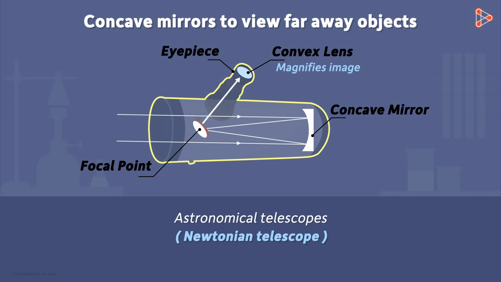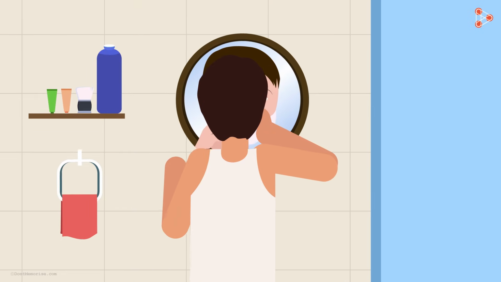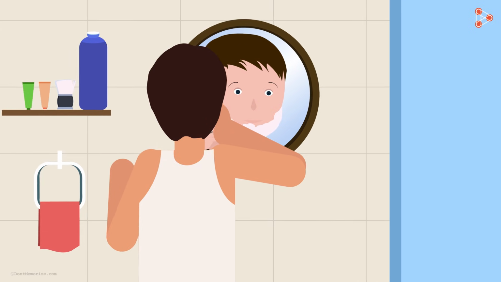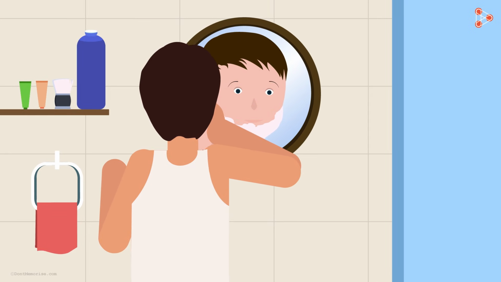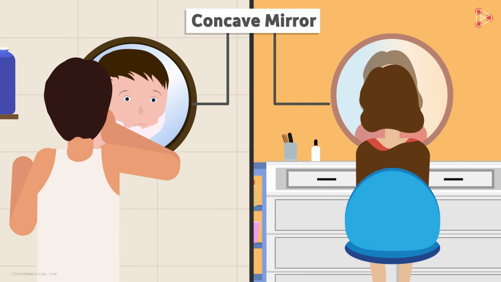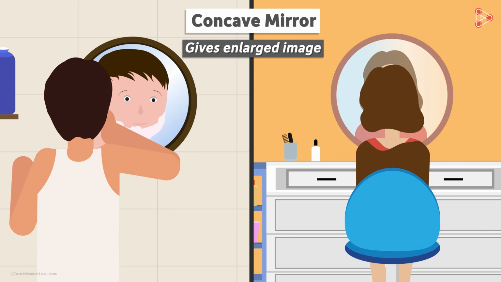Well, we haven't really studied about lenses yet. Don't worry, we will come to that very soon. First, let's continue to study the applications of curved mirrors. If you remember, in the previous videos, we talked about this mirror which can be found in bathrooms. Many men use it for shaving purposes and quite a few women use it for beautification. Yes, this is also a concave mirror. And it must be very obvious now as to why we use it here. Due to the enlarged image, it gives a better view of our face.